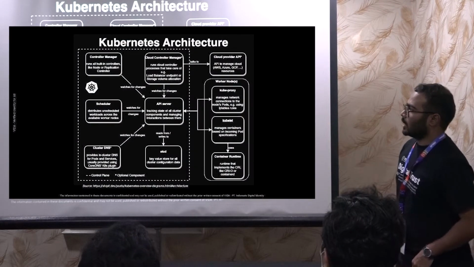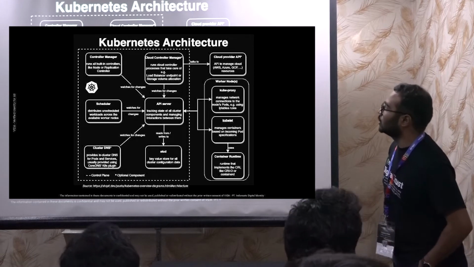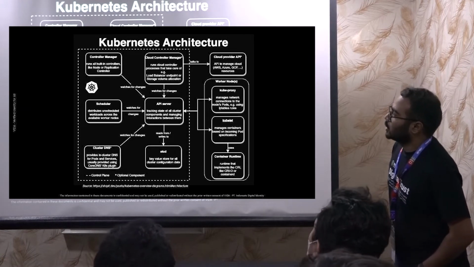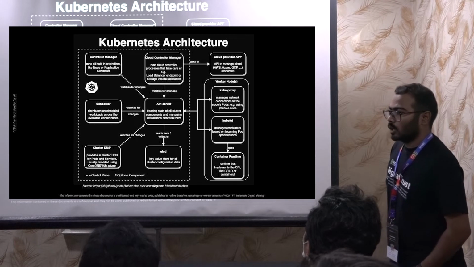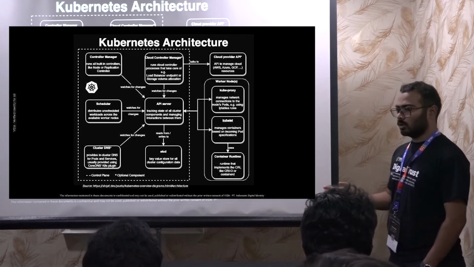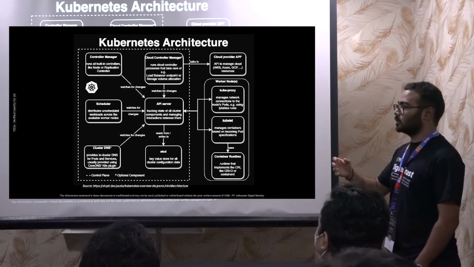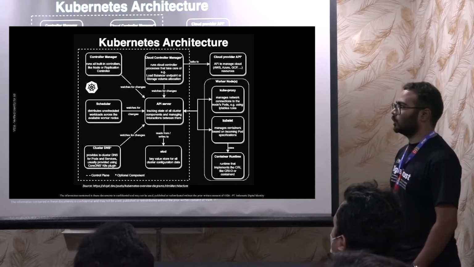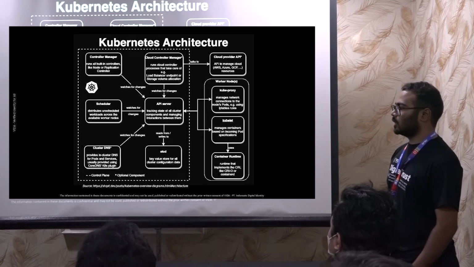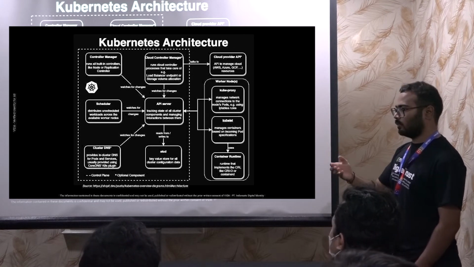So this is the entire diagram of a single node Kubernetes cluster. If you want to run a container, right now you wrote your code, you containerized it, and you pushed it to your Docker registry to store that particular image. Now you want to deploy it on the Kubernetes cluster. What do you do? You first use your kubectl command and give your pod spec with the YAML or JSON